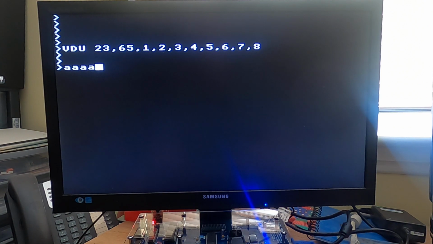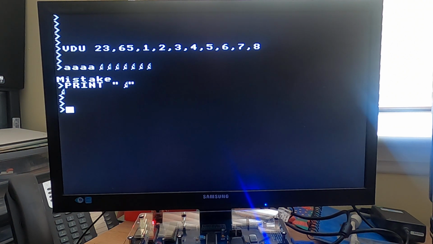If you remember, if you're a BBC Micro user, you can redefine characters. So I've just redefined character 65, which happens to be capital A. So it's still A, but I've redefined it. And there's our capital A back again, so the mode just resets the font. The font itself is the standard Acorn font,